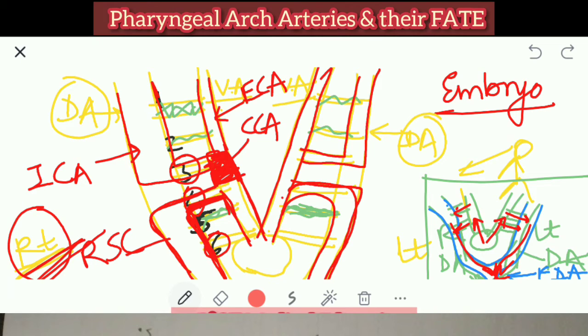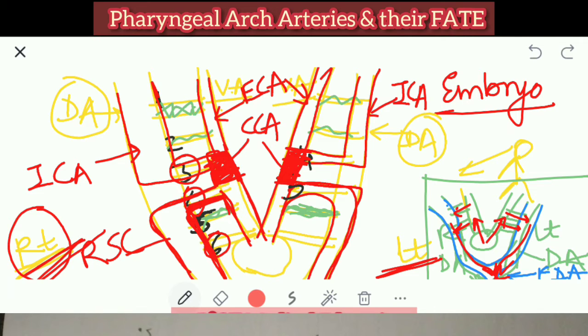If you see, this is the third arch over here. This is the fourth arch over here. So I'm using the red color again. This is the common carotid artery of the left side. Are you understanding? This is the internal carotid artery of the left side, and this is the external carotid artery, which